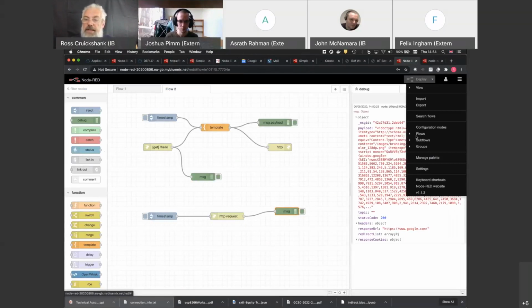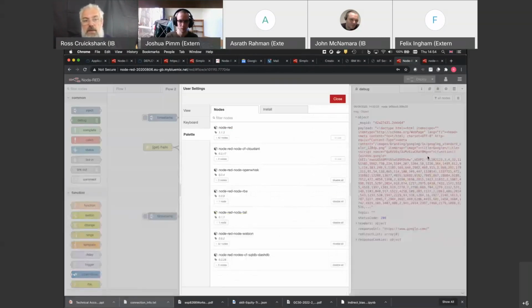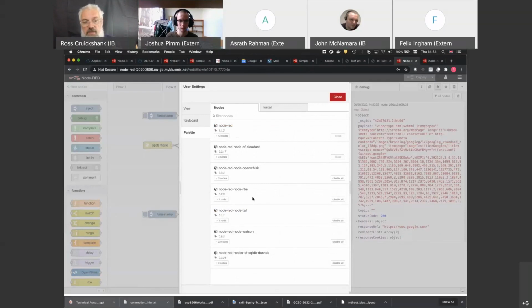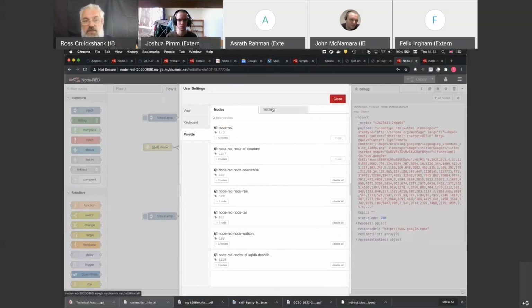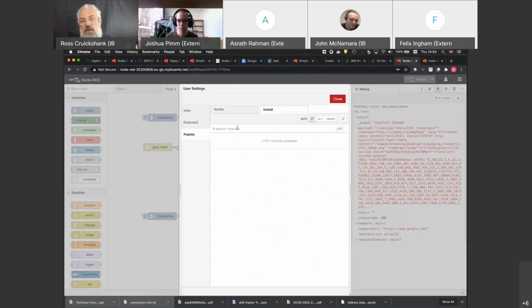Let's go to the palette. This shows you all the nodes that are currently installed. And then in the install tab, you can search for the 2,700 modules that are available. What I mean by it being quite a large community maintained project, there are loads of nodes for all kinds of things. What I want to show you is a dashboard node,